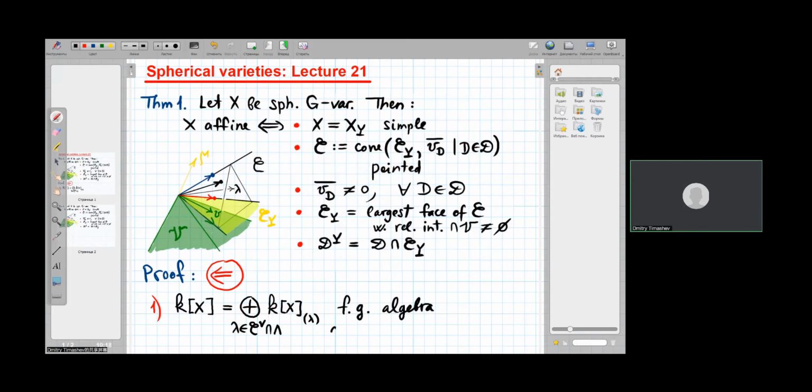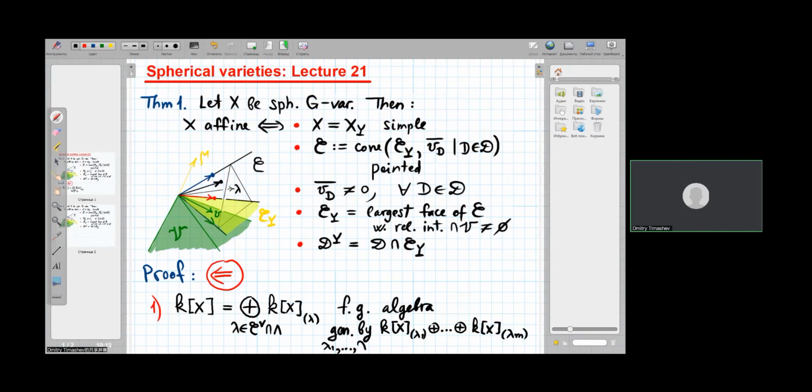For instance, it is generated by the direct sum of this kind of submodules, say K sub X lambda 1 plus etc. plus K sub X lambda m, where this lambda 1, etc., lambda m